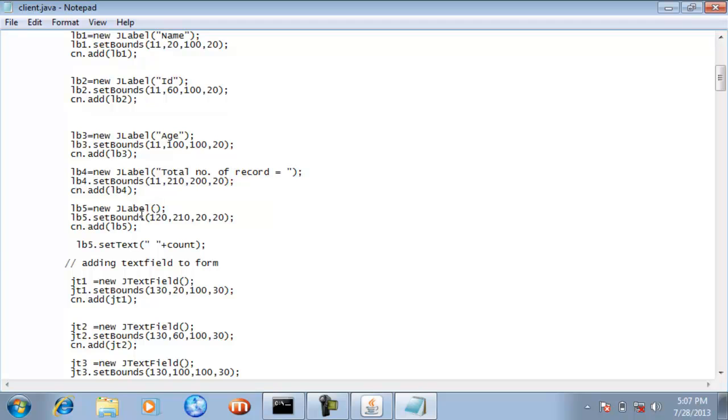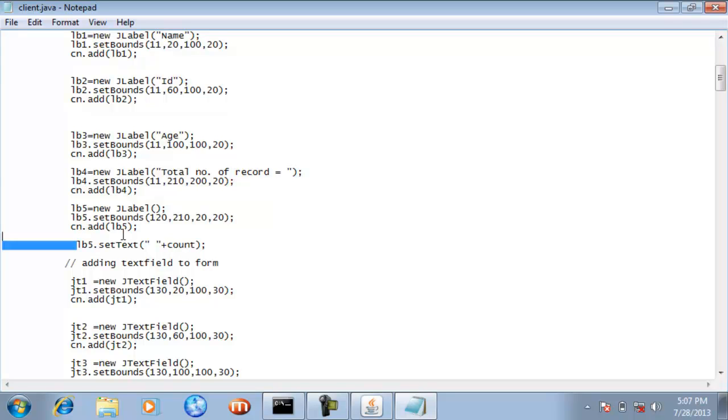Why have we created this lb5? In order to display the number returned by that result set object. To display the number with the help of a label, we have used the text method, and here you can see that we have used plus count.